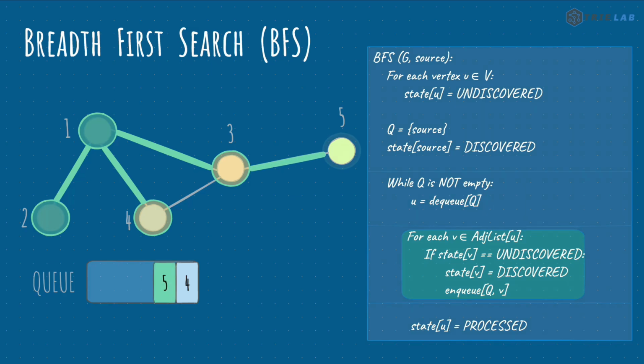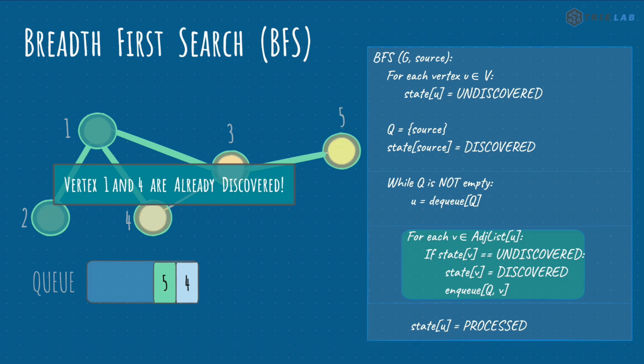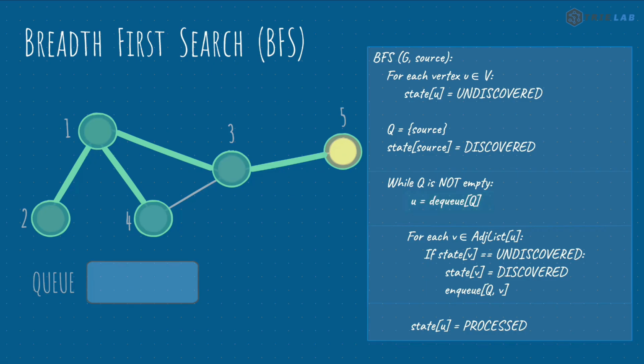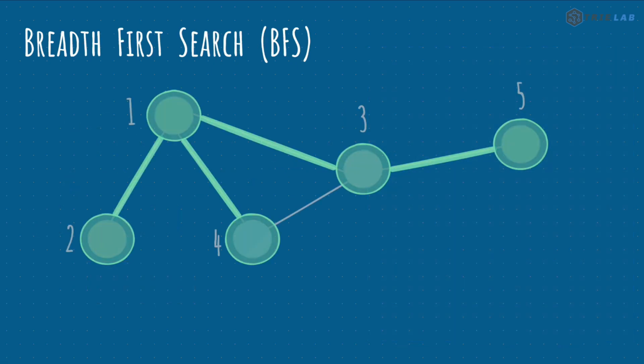So we discover them, push them into the queue as well, and now we see that node 1 and node 4 are already discovered. So we can safely mark node 3 as processed as well. And after that, we continue popping and processing the rest of the nodes in the queue, repeating the same logic. Now when node 4 is popped out, it's again marked as processed, and the same goes for node 5. Once that's done, we have completed our BFS traversal, and we have processed all the nodes in the graph.